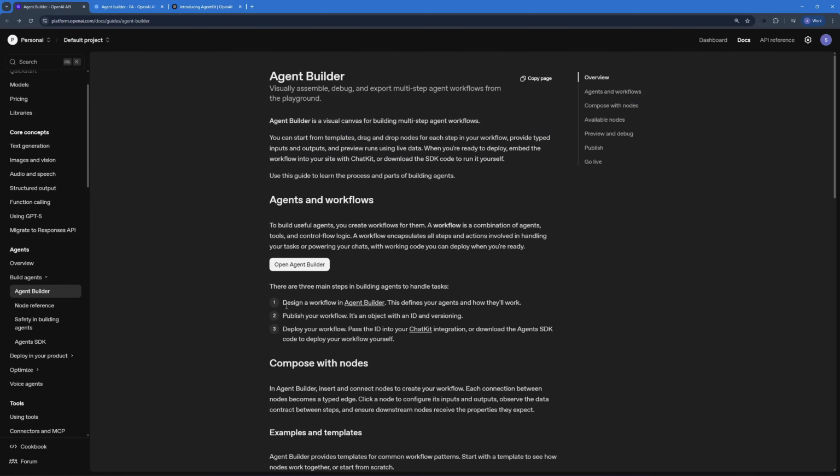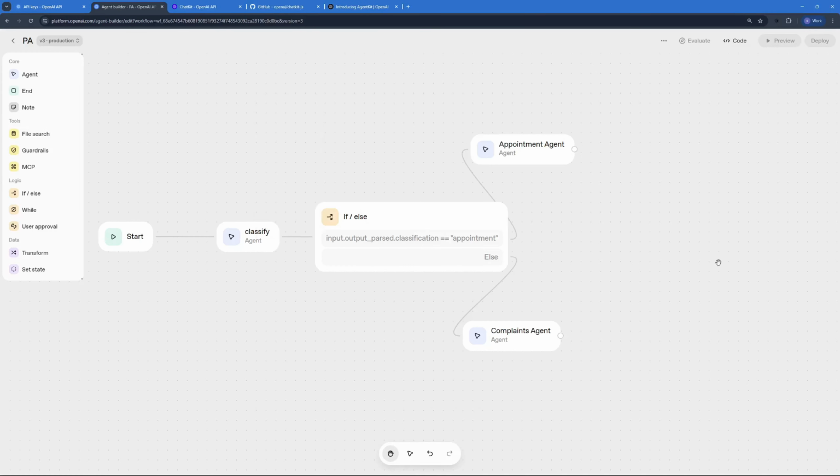And they have a guide right here on how you can actually publish your workflow, get your ID into ChatKit integration. And they have a guide on how you can use ChatKit with your agents right here. I will be pasting the link in the description. Alright, so we did deploy